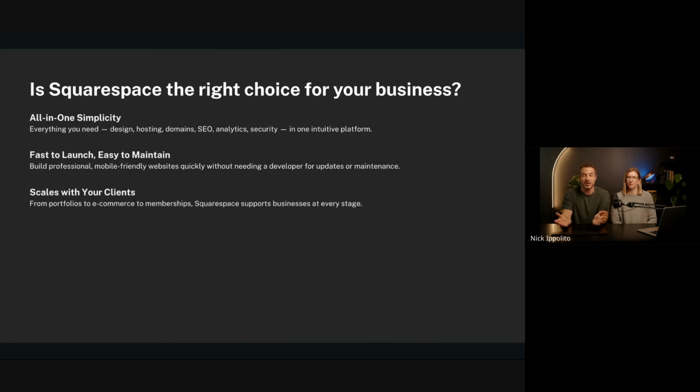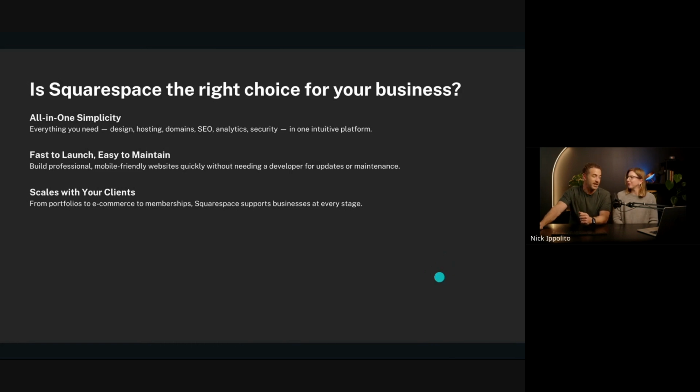It scales with your clients, so it has things for e-commerce as well. I know people may not think of Squarespace as a shop, but you can actually list and sell more products on Squarespace than you can on other platforms, funny enough. The memberships areas have ways for businesses who want to sell their time in a course, or sell content that they want to distribute elsewhere. So it's not just physical products, but digital products as well as time. So lots of diversity in how people can use the sites, and it scales.